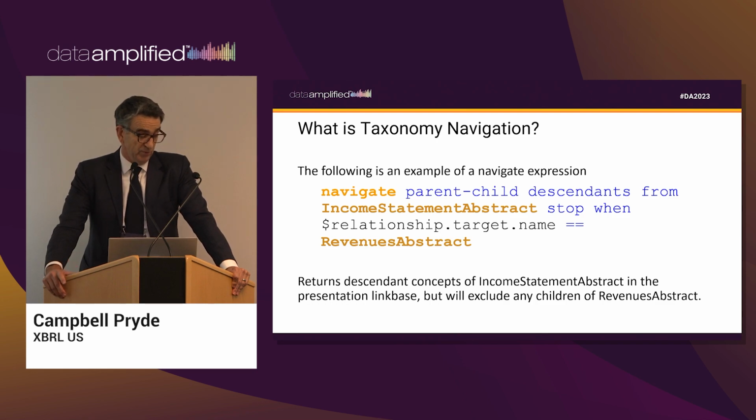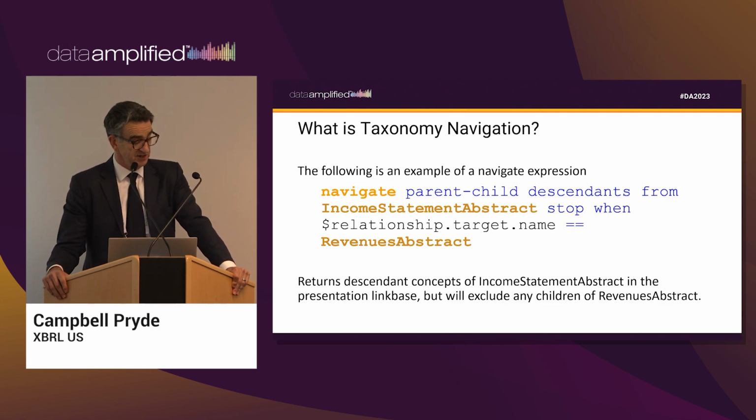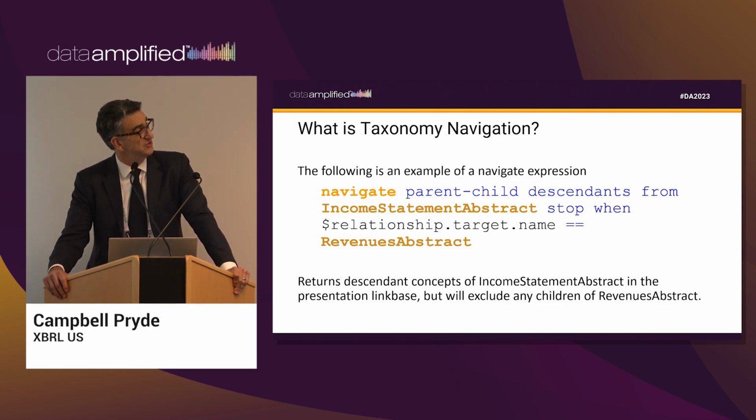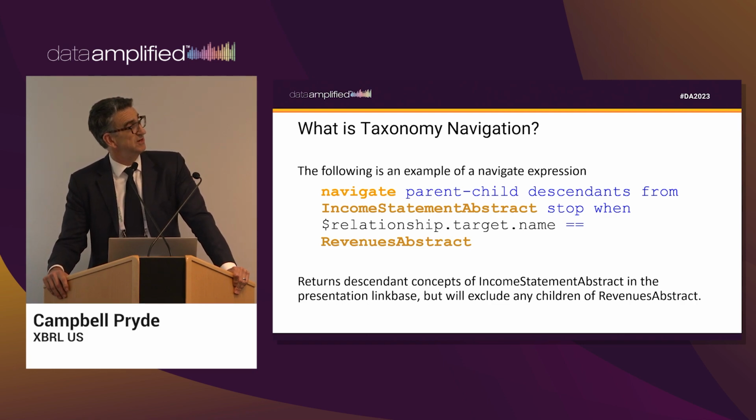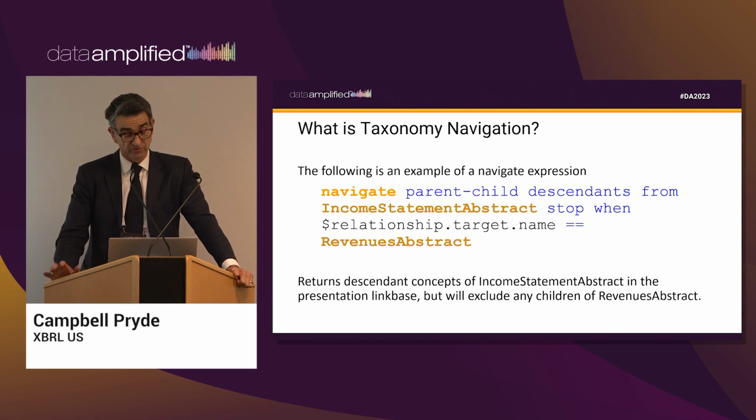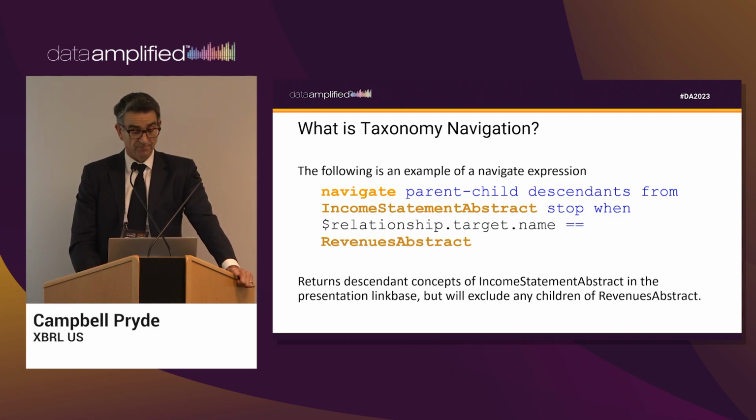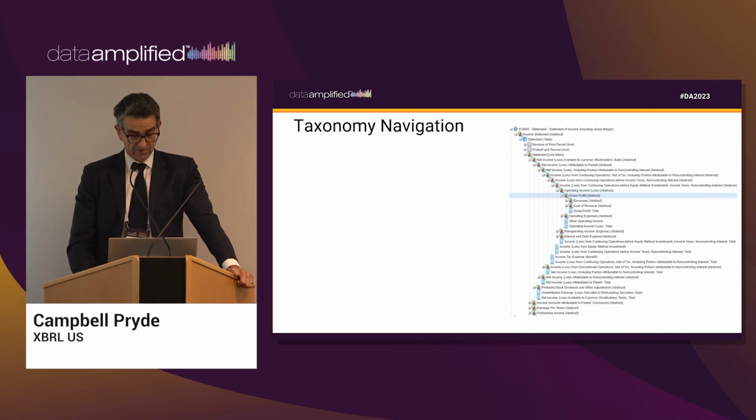Just an example, navigate the parent-child descendants from the income statement abstract. So this is going to go down the presentation linkbase. It's going to get all the descendants for every single node after the income statement abstract. It's going to stop when it hits a relationship with a target name of abstract. So this is basically going to return all the concepts on the income statement, but it's not going to get any of the children or any of the descendants of revenues. So you can see